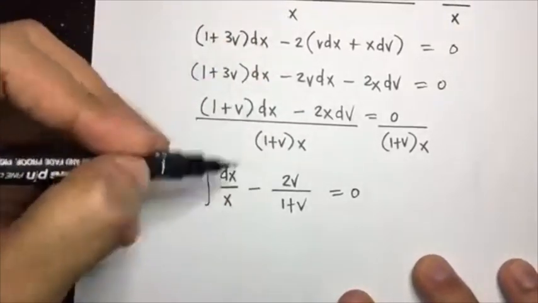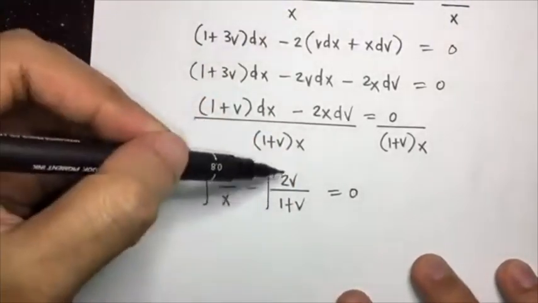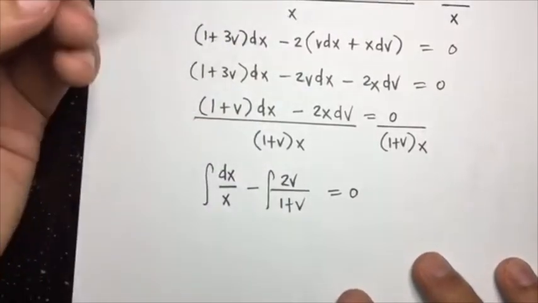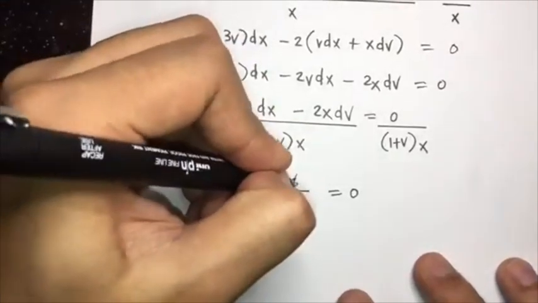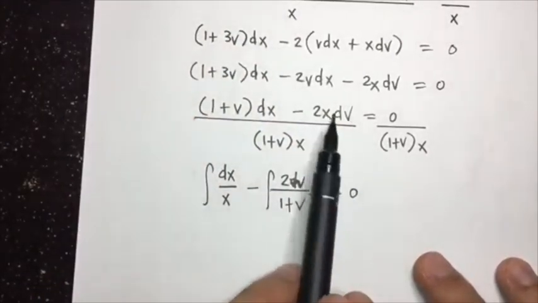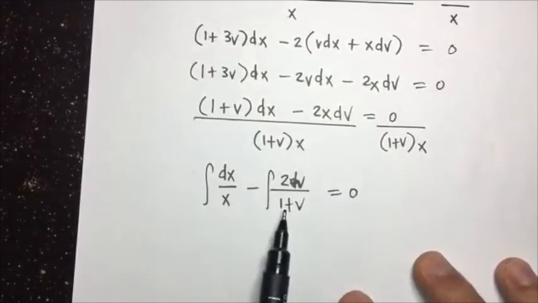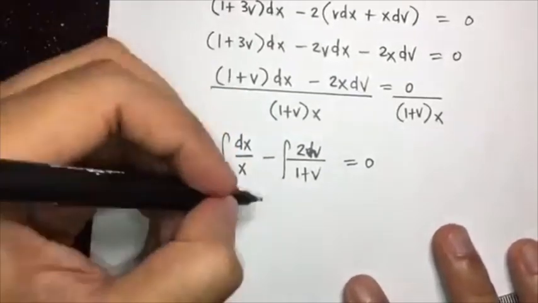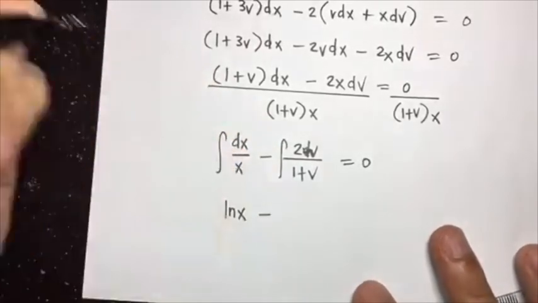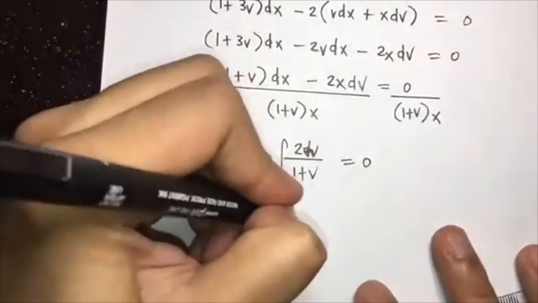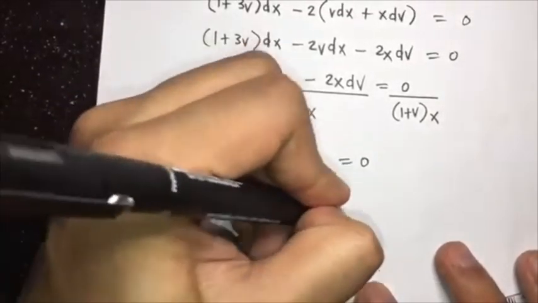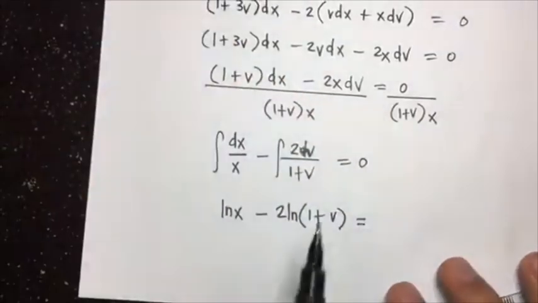Integral of dx over x minus integral of 2v over 1 plus v. Oh, sorry, this is 2 dv. Right, so cancelling out x, so 2 dv over 1 plus v. So this will become ln of x, minus 2 ln of 1 plus v is equal to